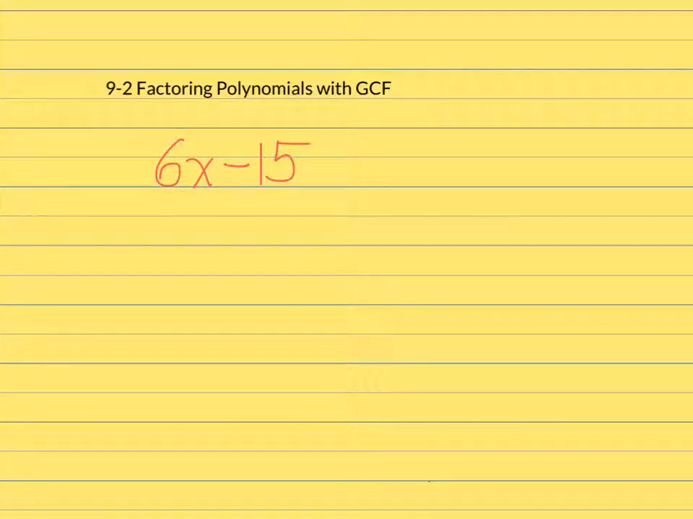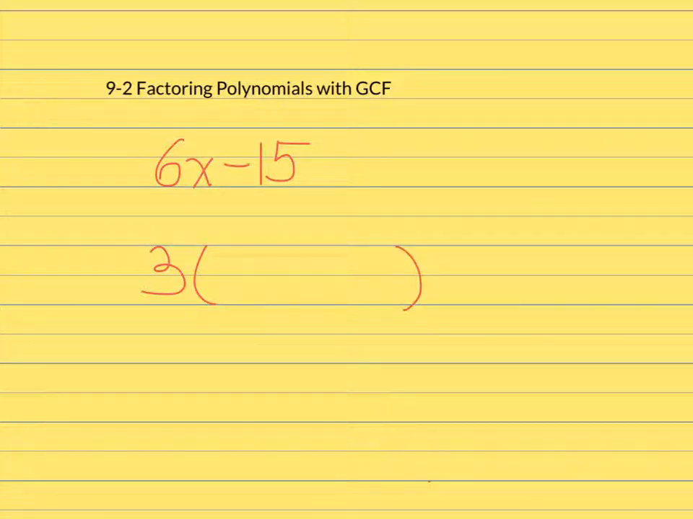Okay, in today's lesson, we're learning how to factor polynomials by removing the greatest common factor. So if we look at 6x minus 15, we know that the greatest common factor of 6x and 15 is 3 because 3 can go into both of those evenly. So I'm going to pull out the 3, and then I'm going to open up a set